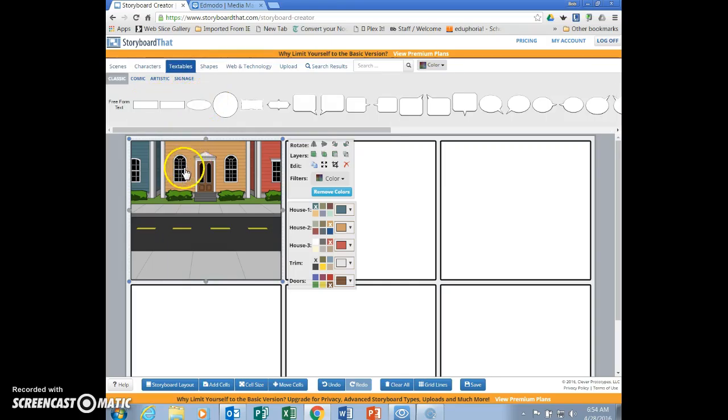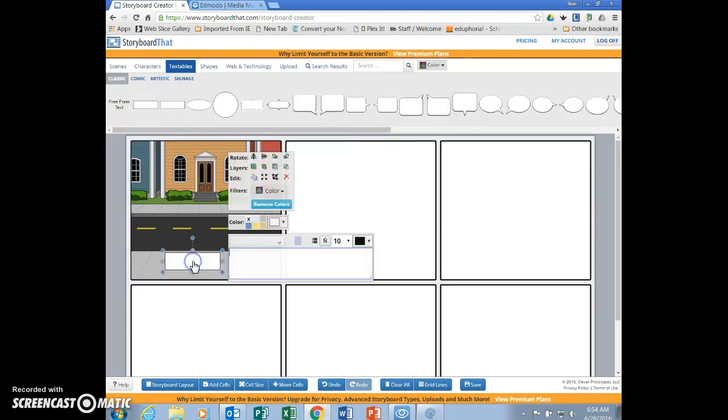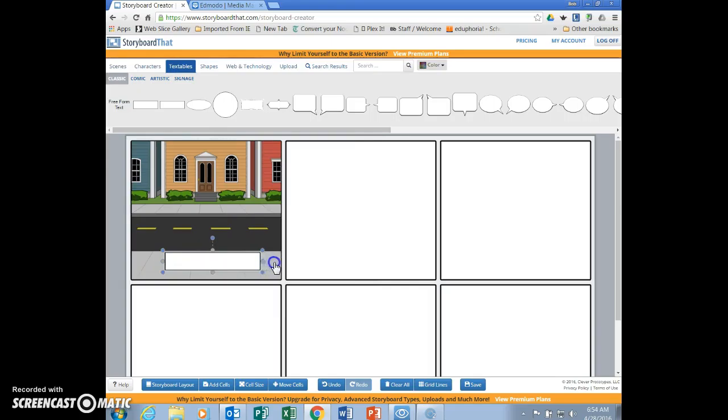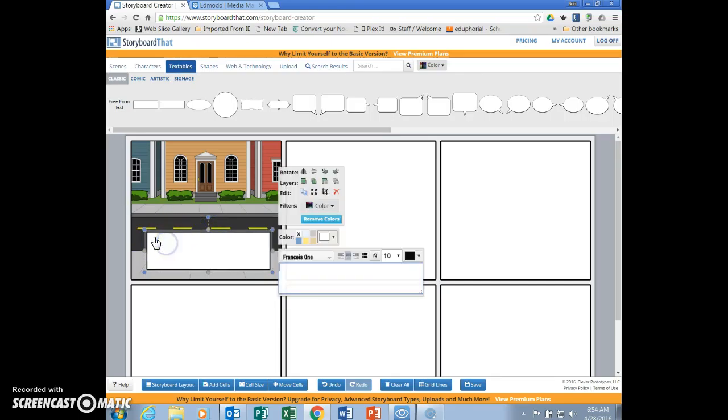If you have a person saying something, you can use one of these word clouds, or you can just bring this down, and obviously you can move that around, make it bigger, and in this text box you'd want to describe,